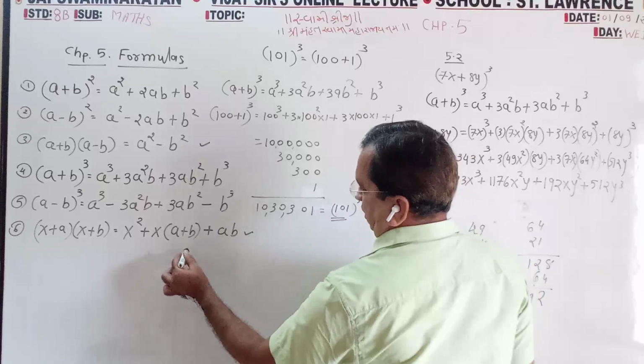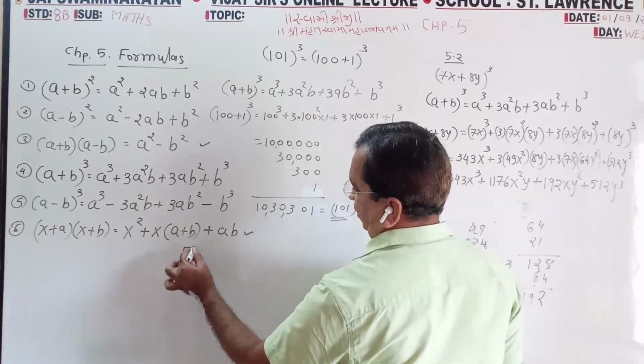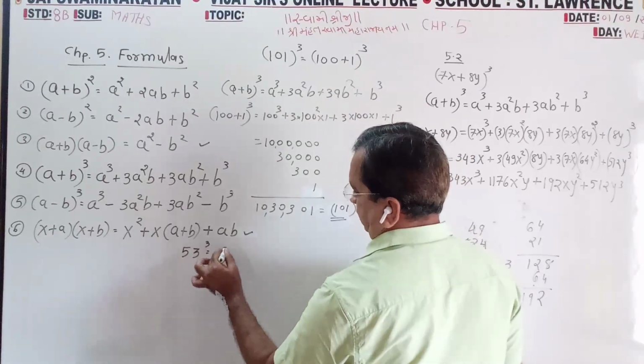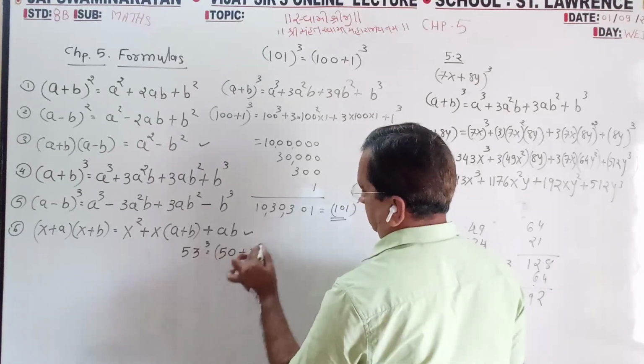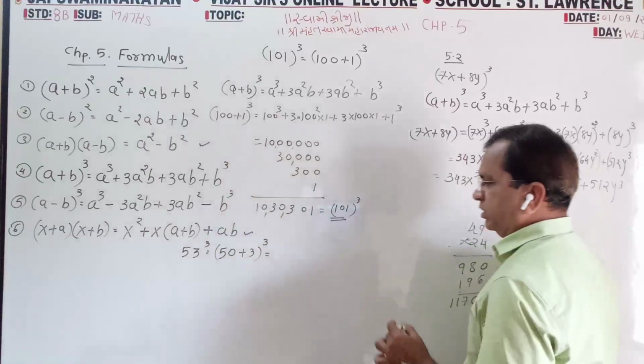For example, one more we are doing: 53 cube. It is 50 plus 3 cube. So